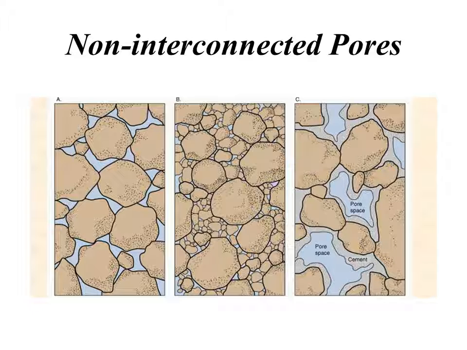Every porous rock has two types of pores. The first one is the connected pores, the second one is the non-interconnected pores. And the fluid which is present in the connected pores is capable of flowing out, whereas the fluid which is present in the non-interconnected pores remains trapped inside the pores and cannot be recovered from these pores.